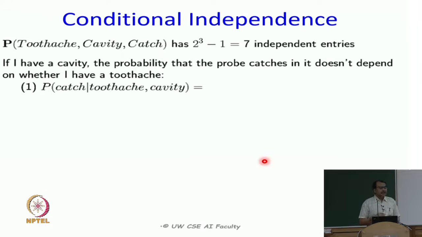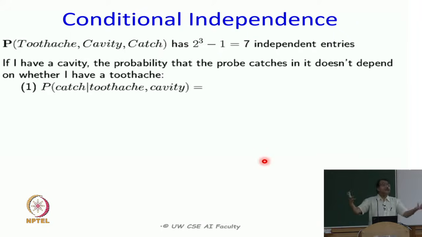Intuitively, what does whether you can catch or not depend on? It depends on whether there are microbes or not in your system, and that depends on whether you have cavity or not. In fact, cavity is the cause,